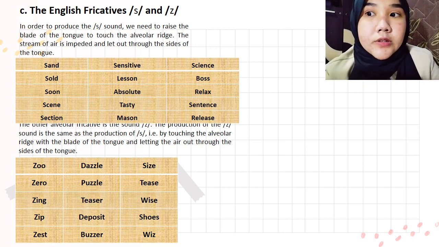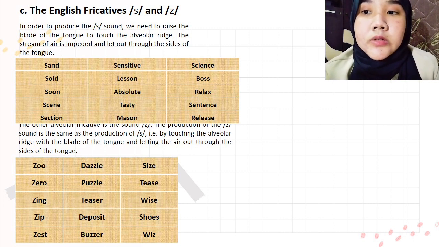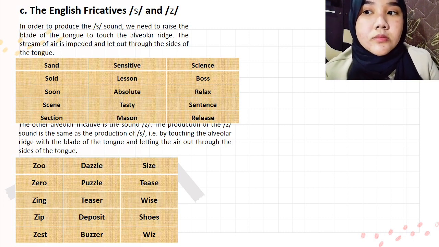For the voiced alveolar fricative, it is the sound z. The production of the z sound is the same as the production of s, by touching the alveolar ridge with the blade of the tongue and letting the air out through the sides of the tongue. The following are examples of words where the z sound occurs in the beginning of a word: zoo,